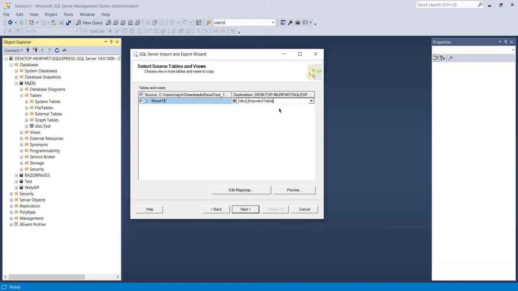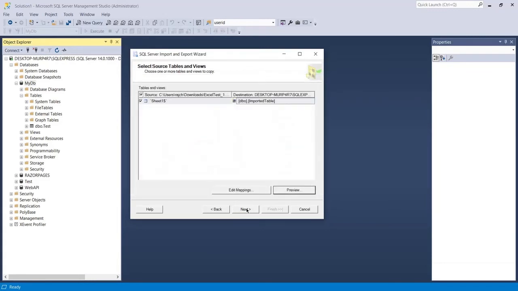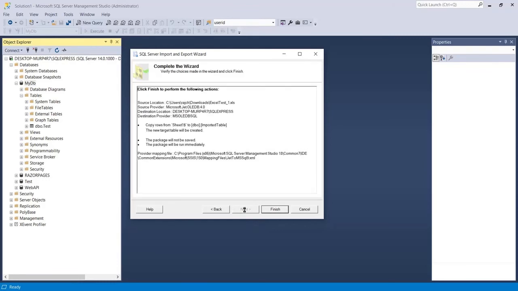Okay, and hit the enter button, and you can see here the preview. Okay, and I will click on OK, then I will click here the next, and I will keep this thing checked, run immediately. I will again click the next, and here you can see the summary of what this is going to do. Okay, so now I will click on finish.